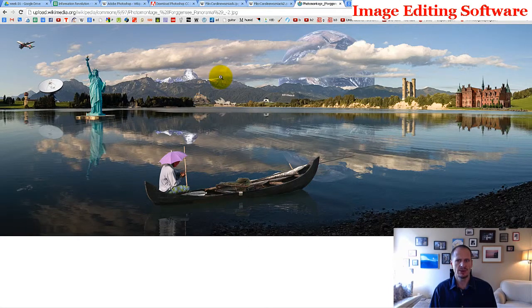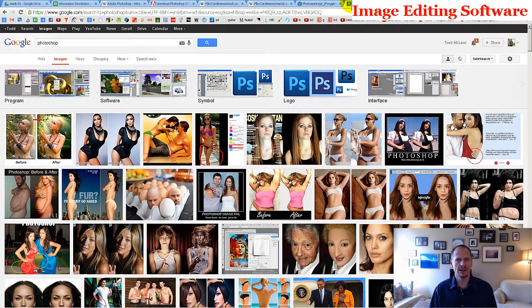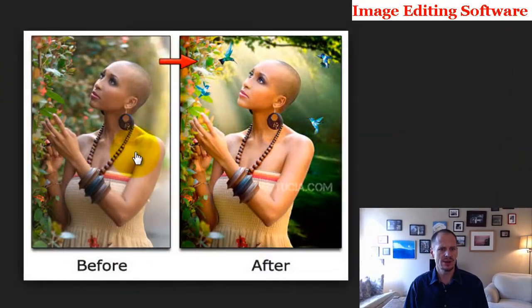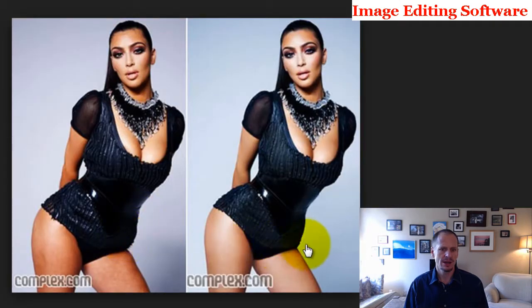Kind of cool. A lot of monuments, one lake, and one person in an old looking boat cruising around on it. That'd be an interesting lake to row around on. With the earth rising in the distance, and there's whatever that area is. I know it, I just don't know the name of it. And then we could also do things like this in Photoshop, you know, before and after shots. Before, after, before, after,